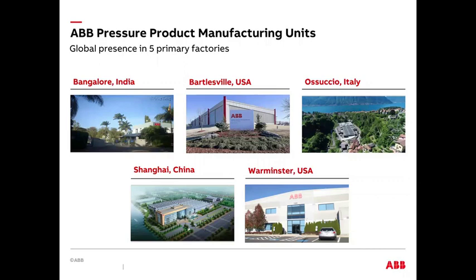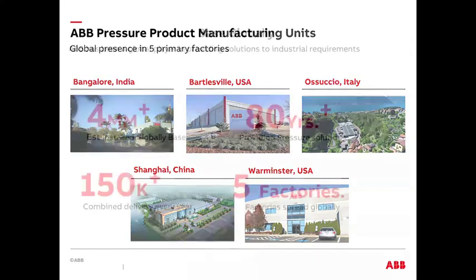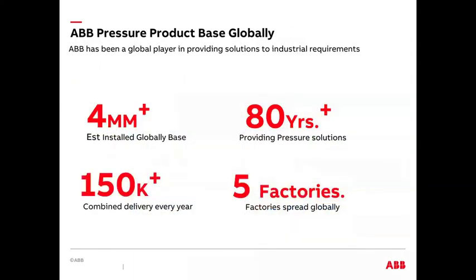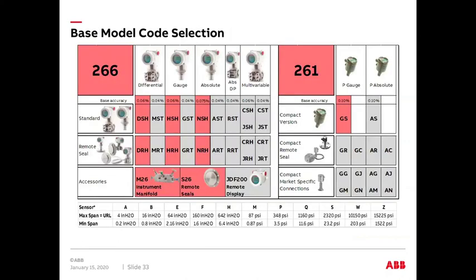So in Bangalore, India, Shanghai, China, Secugnago, Italy, Bartlesville, Oklahoma, and Warminster, there are factories that are producing these many units. Every year there's 150, 200,000 pressure transmitters sent out and put into the industry with these 5 factories. When you look at the model code selection, and I was keeping things fairly simple, but